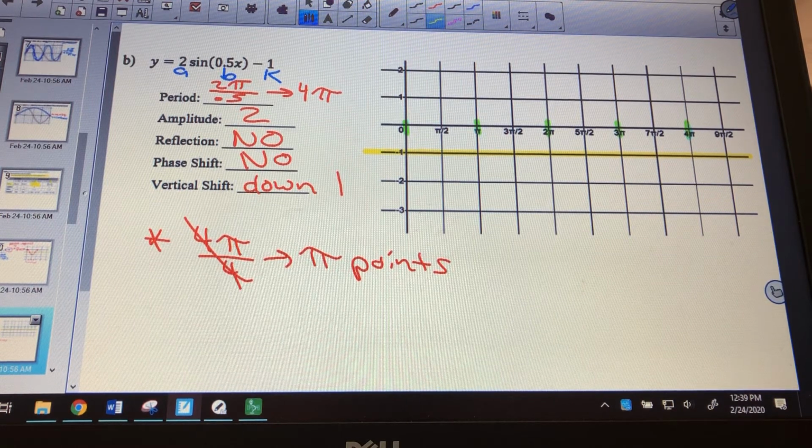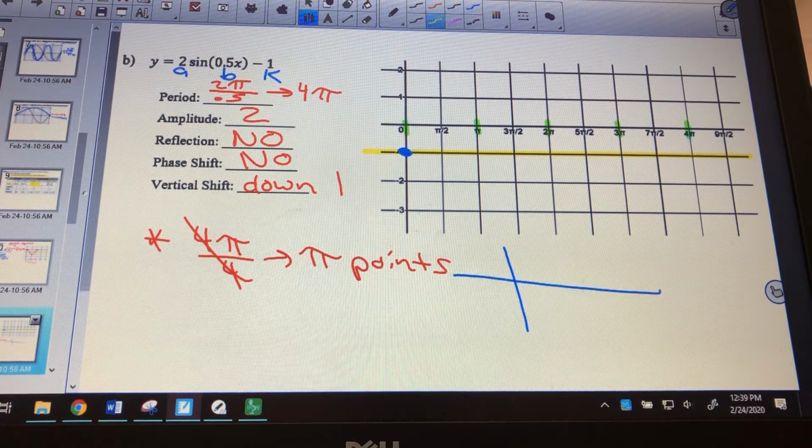All right, and then we should be ready to go. So sine, right? Does sine start at 0 or 1? 0. So here we go. There's our starting point at 0 on our midline. And then we just have to remember that our amplitude is 2, right? Now sine looks like this, remember. Right? So now we need to go to that max point. So now go over pi units, and instead of up 1, we need to go up 2